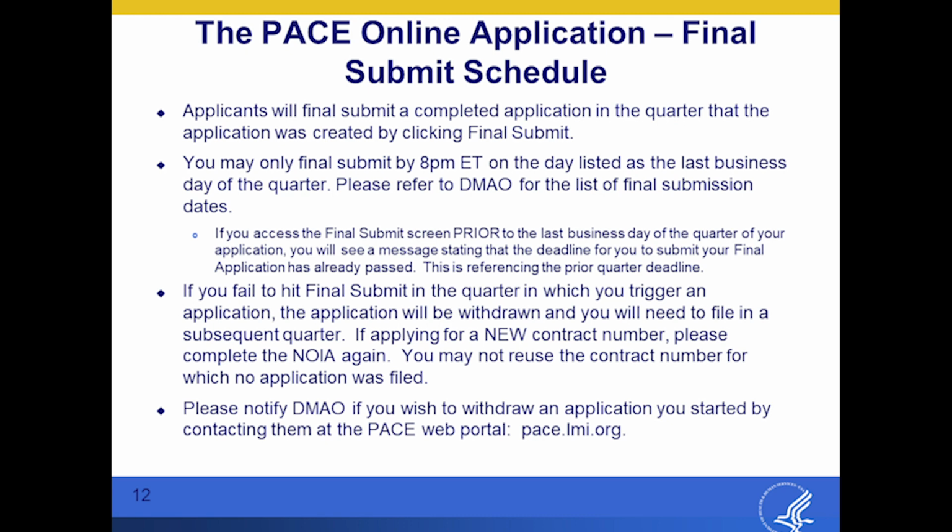If you fail to hit Final Submit in the quarter in which you trigger an application, the application will be withdrawn and you will need to file in a subsequent quarter. If applying for a new contract number, please complete the Notice of Intent to apply again. You may not reuse the contract number for which no application was filed. Please notify DMAO if you wish to withdraw an application you started by contacting them at the PACE web portal,